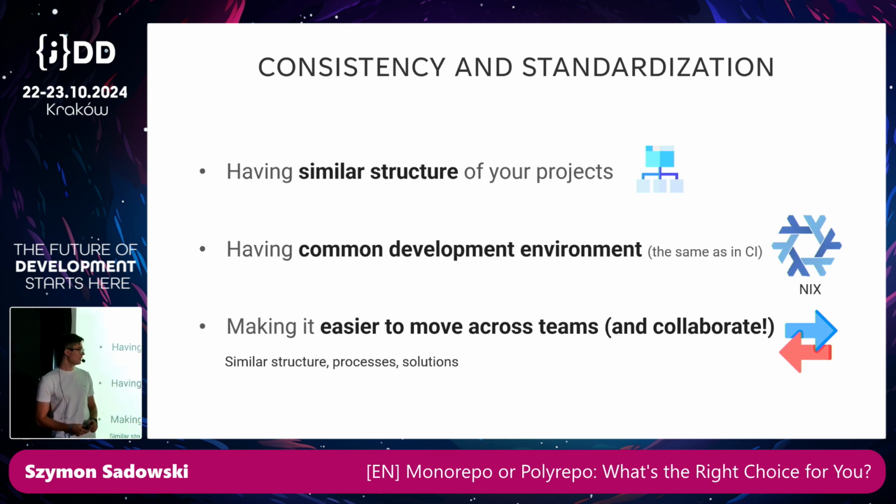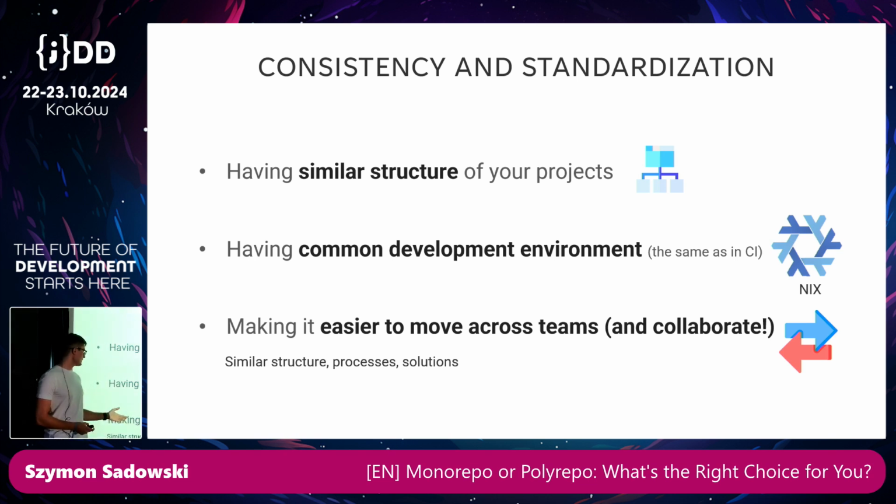So it's also helpful to have a similar environment in local as well as on the CI, because you won't have to debug those kind of things like, hey, it works on my local, why doesn't it work on CI? Yes, and that is great to have the common development environment, because due to some differences in the tool versions, I don't know, the JDK versions, like Tomcat versions and so on, a lot of problems can happen.